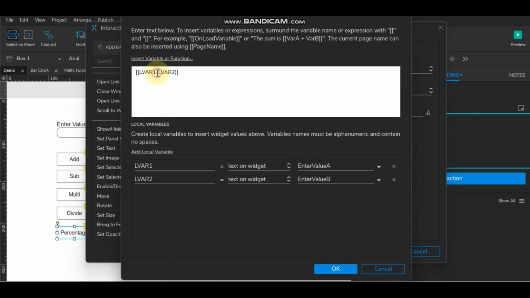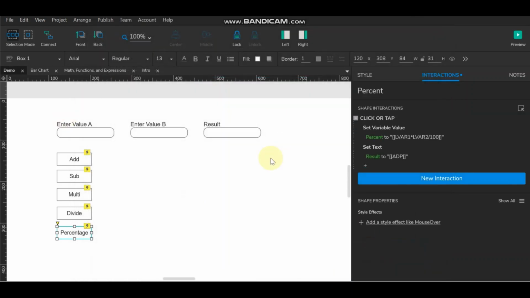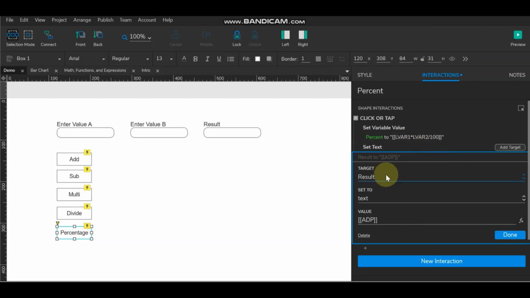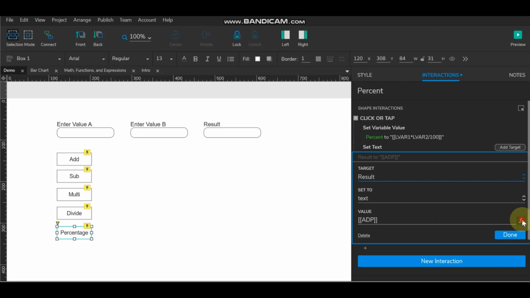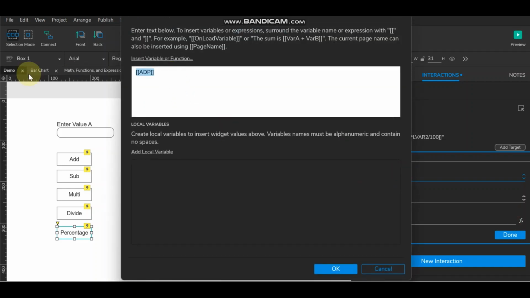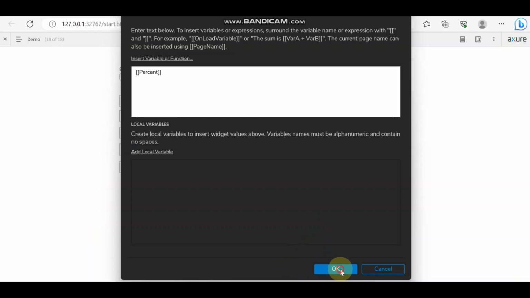So A into B, and here divide by 100. So we'll get the percentage. So here percent, so the result will be stored in percentage. Now okay,